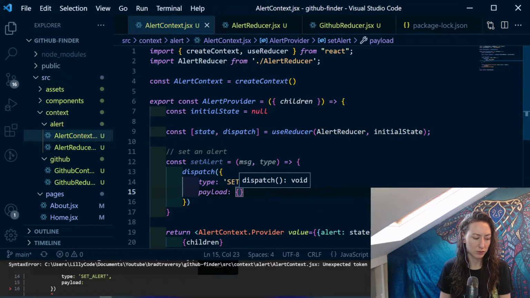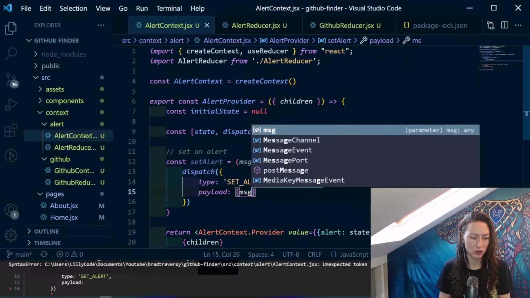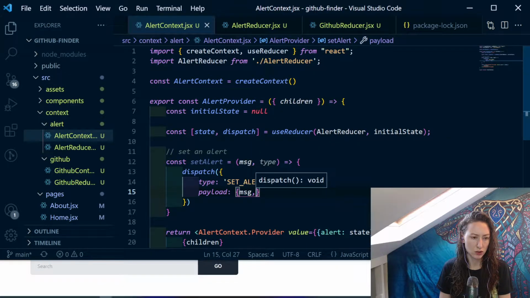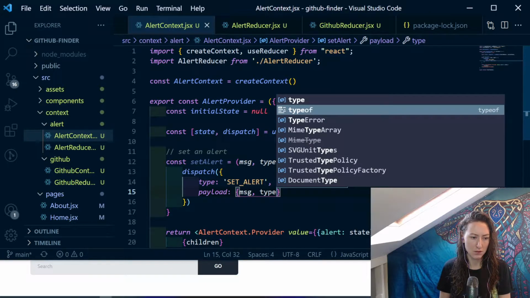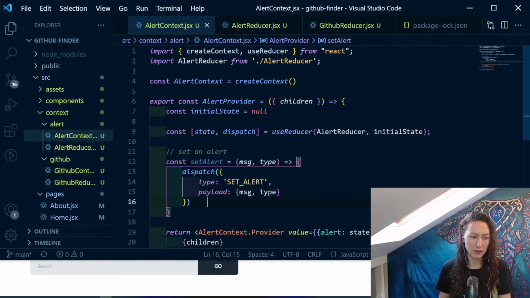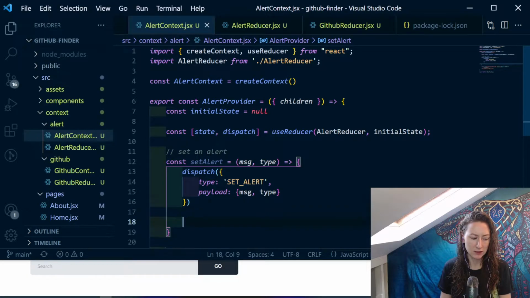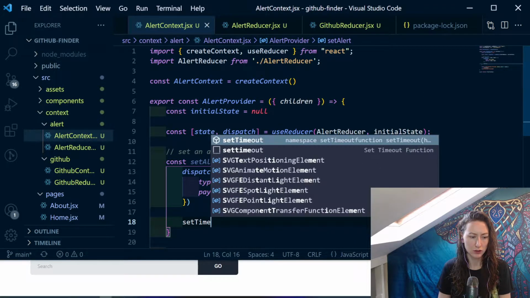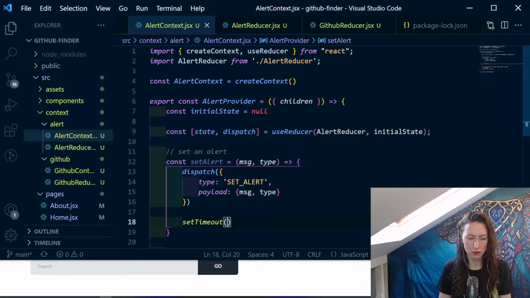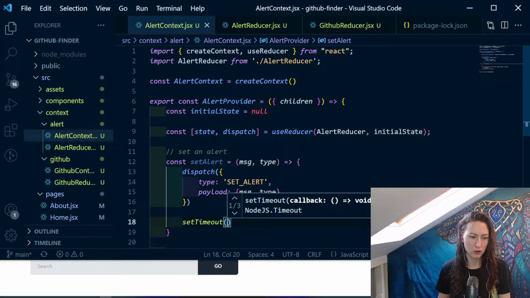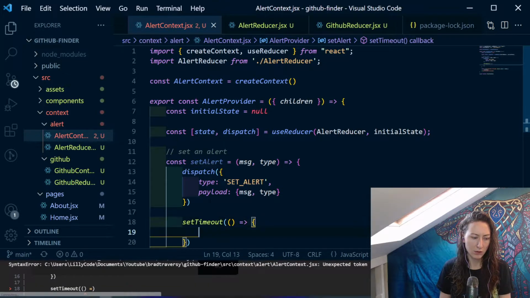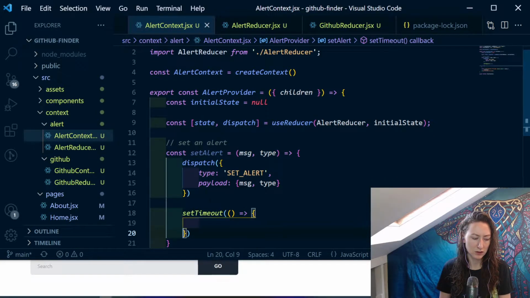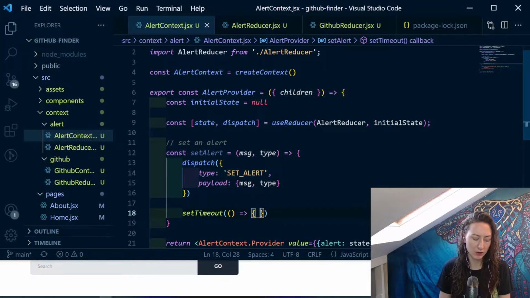Now the payload should be message and type. And then I'll also set a timeout here. The timeout is going to run an arrow function, and what this is going to do is remove the alert after a specific time. So then we'll run our remove alert